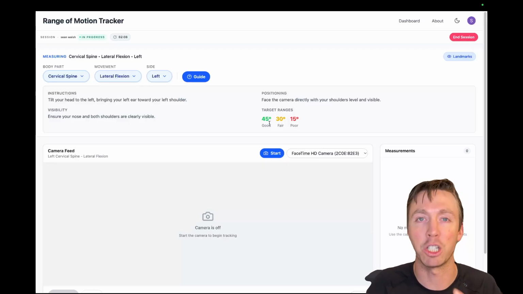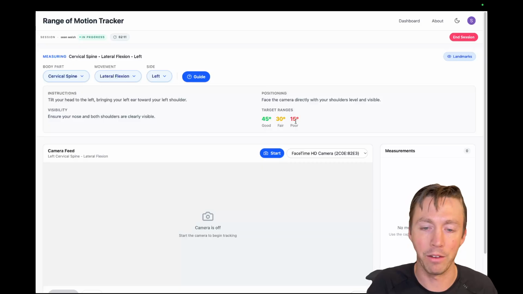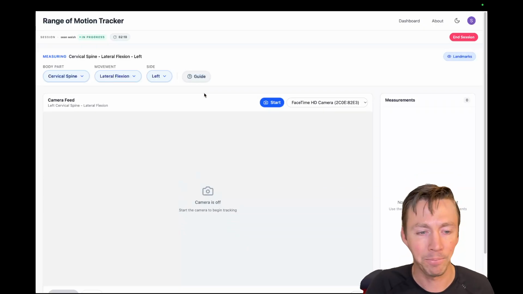So 45 degrees is good. Fair is 35, poor is 15. That will be more evident as we start collecting the range of motion. Okay. So why don't we go ahead and get the guide out of there, and let's go ahead and start